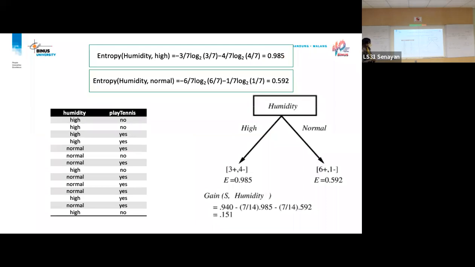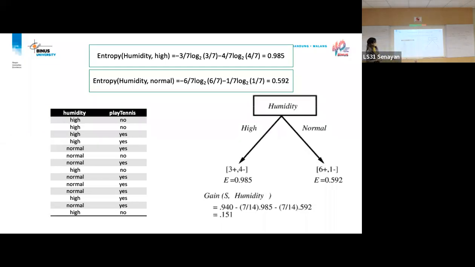Next, we need to calculate the entropy of each of these attributes. How to calculate this? Using the same formula like this: the sum of P multiplied by log base 2 of P, you come up with this number, and you come up with this number. You split it up based on this label. Now you reduce the whole entropy by the entropy of these attributes, in the humidity, when the humidity is high and when the humidity is normal.